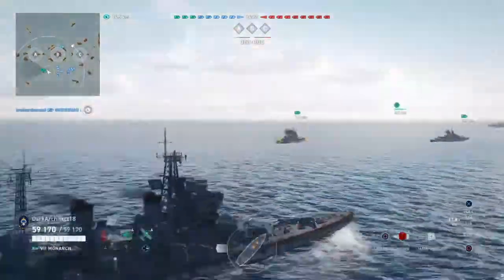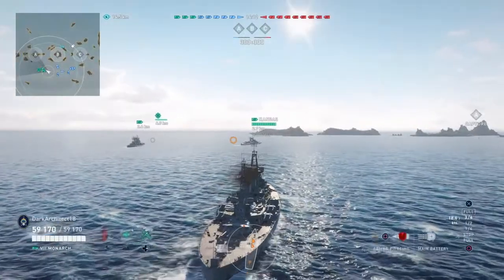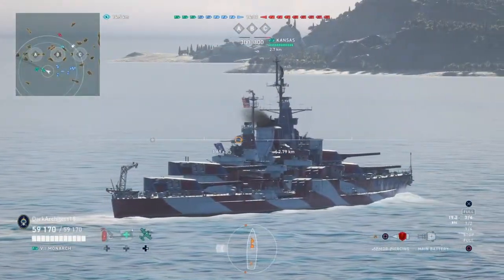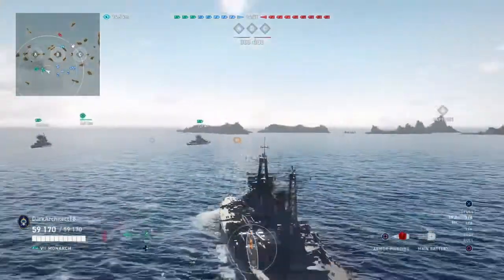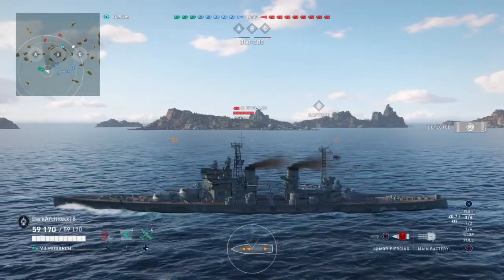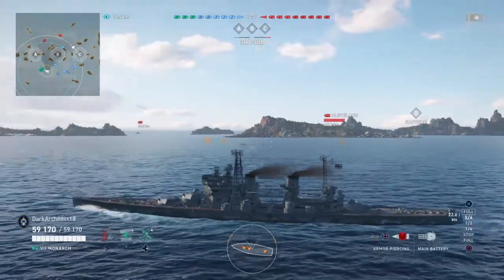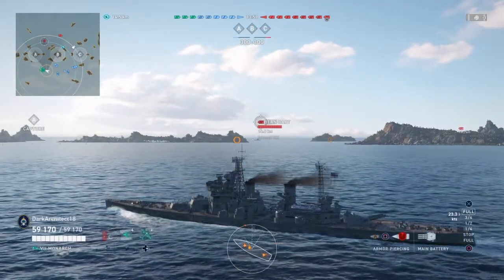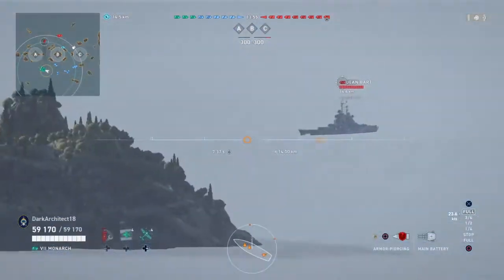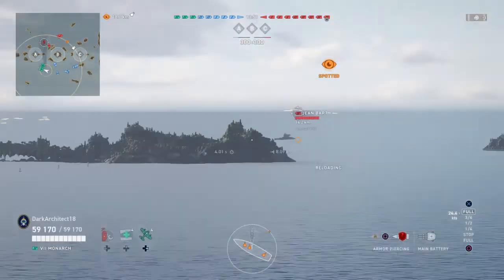AP shell maximum damage is 12,852. Secondaries 8x2 134, 5.2 kilometer firing range, 6.7 second reload time, 1900 max HE shell damage, fire setting chance 8%. AA 58 rating, 22x1 20 millimeter AA guns, 79 average damage per second, 2 kilometer firing